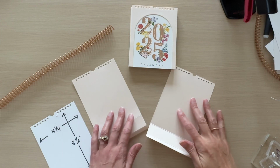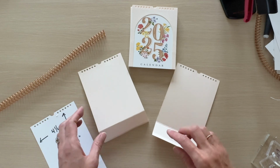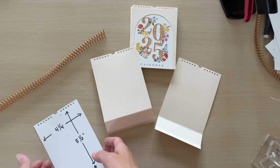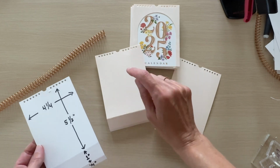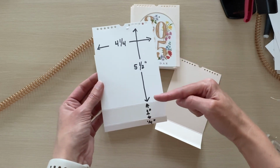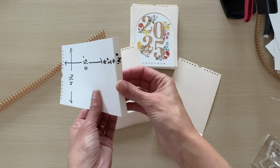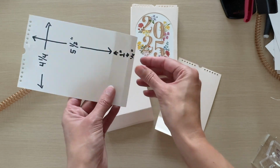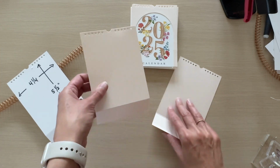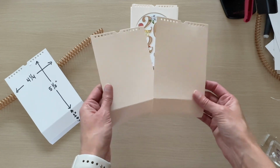So now we're going to put our calendar all together with one of the little spiral bindings. I also wanted to create a stand for my calendar. And so I took 2 pieces of cardstock that I cut the top with the spiral bound die, and I have some measurements here for you. The 4 1/4 by 5 1/2 is the size of our calendar pages, and then I added an inch below a score line and then another 1/4 inch, and this 1/4 inch piece is where I'm going to adhere both of these together. So these are exactly the same size based on those measurements I just showed you,